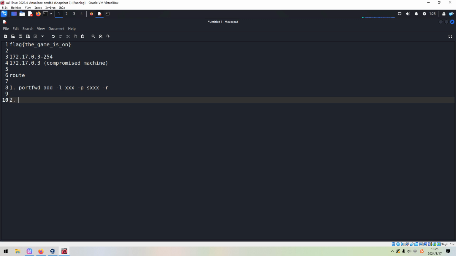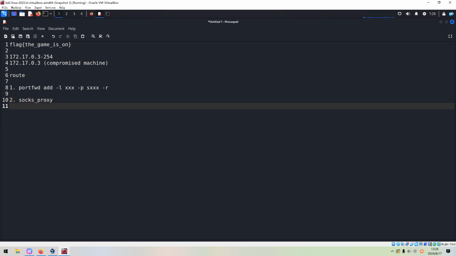We can use the socks proxy module after we get the Meterpreter session. We use Metasploit to set up the socks proxy, and then we need to put the socks proxy information into the proxychains configuration file.